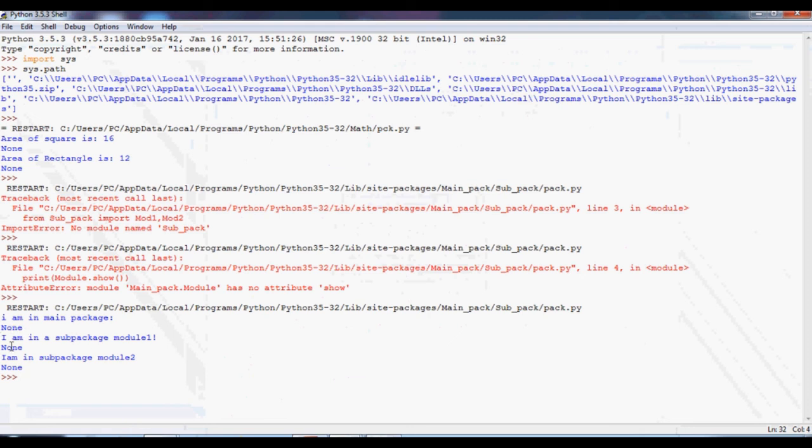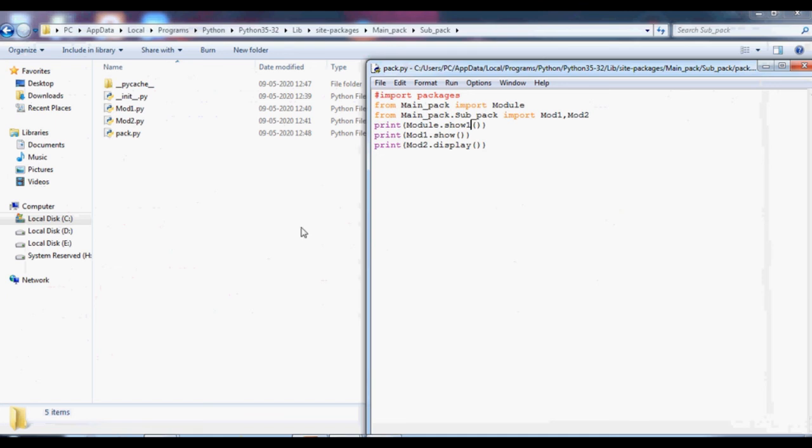I am in a main package, I am in a sub package module 1, I am in a sub package module 2. Okay, so that's all about creating packages: in a single package, how to create the modules in a package, and then from the sub package how we have to create the modules and how we have to access them. So far we have seen all those things.